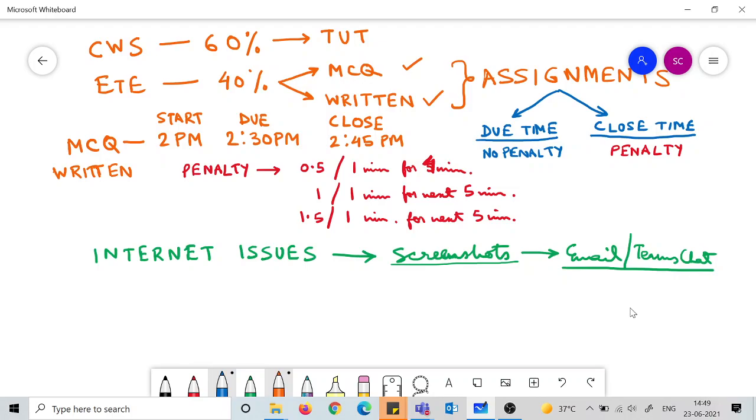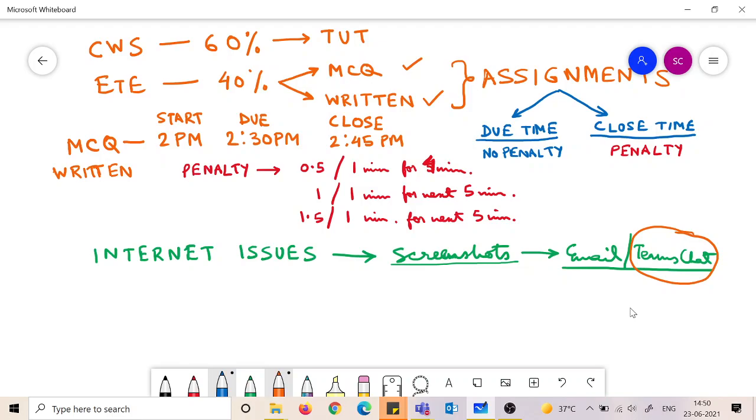So here also the same thing applies. Here you are already scanning things, so you already have the screenshot or the scan. If you are unable to upload and submit it within time, please send it in email or chat. Chat may be much better, or email is also fine. With chat, the record comes immediately when you send it. Email can sometimes be slow in delivery, so you may use the Teams chat as a better option to record that you have submitted in time.